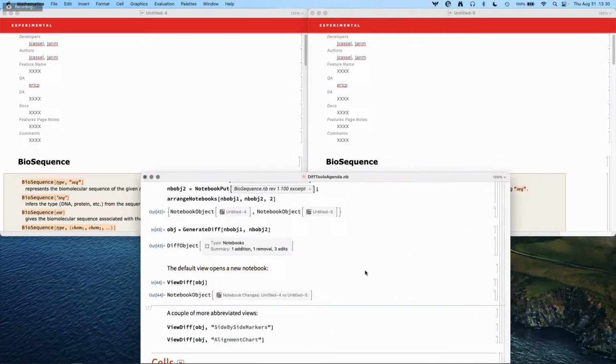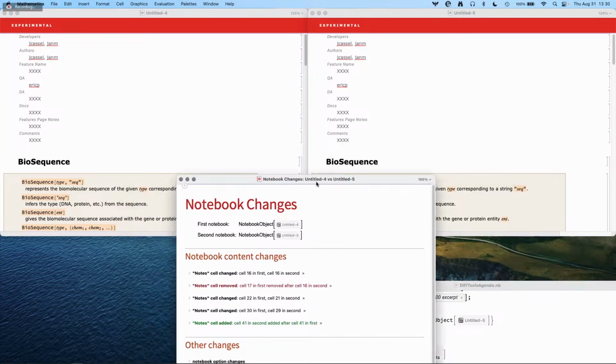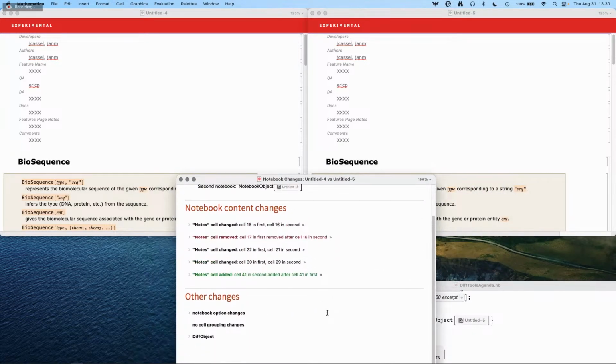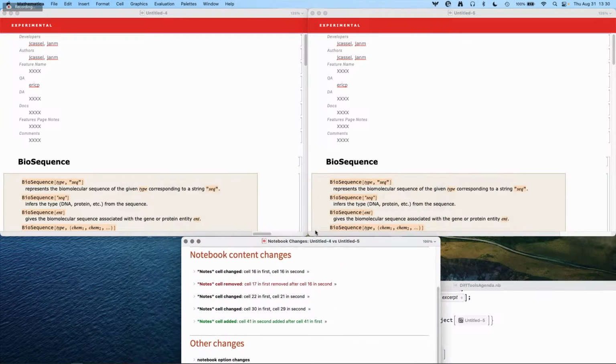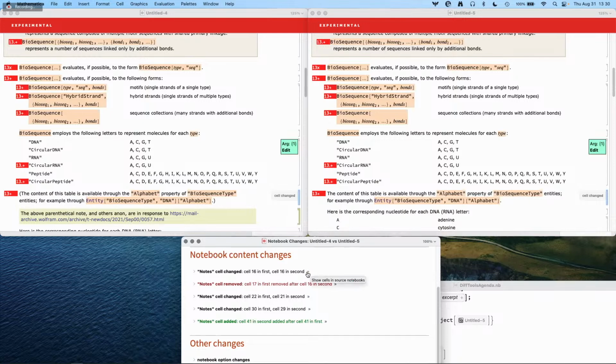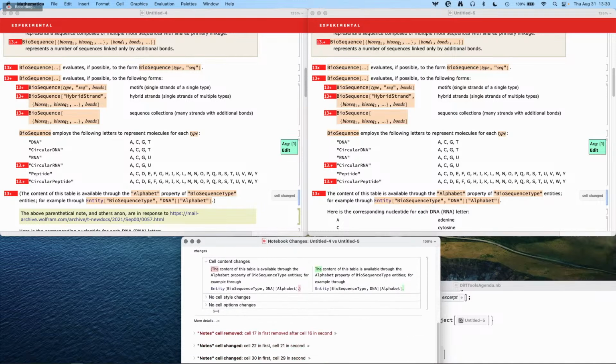But here we have a view that shows what they are, and when diffing notebook objects, there are now these links saying a note cell has changed. I click here, and we've scrolled now to the cell that has changed. And now you might have a chance at visually inspecting the differences, or you can pop this guy open and see, okay, looks like somebody removed parentheses. And